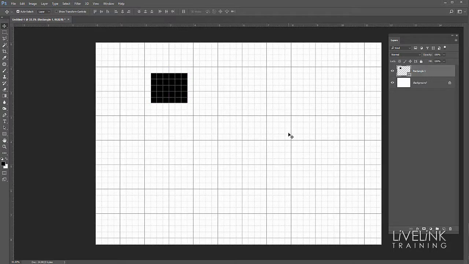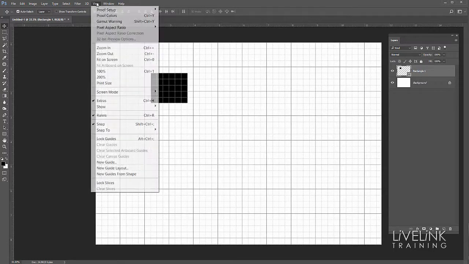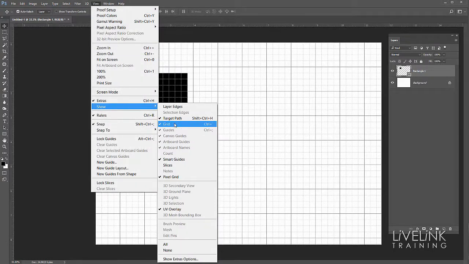And that is perfect. That helps a lot in aligning things up. Now this is a great way to make very regular, very specific size shapes. But more than that, this kind of grid has its limited usefulness. So let's turn off the grid view, and I'm going to go up to View and down to Show, and